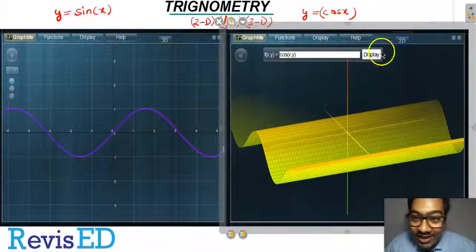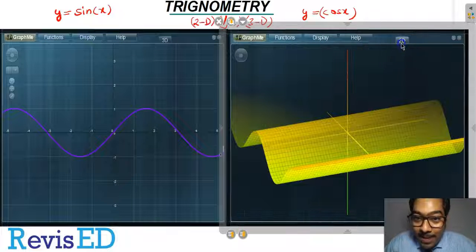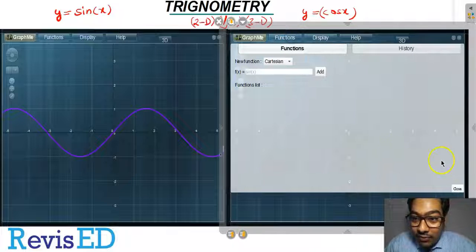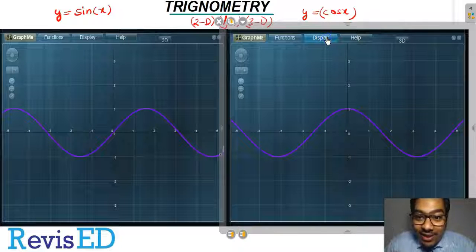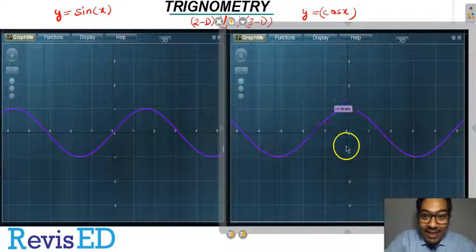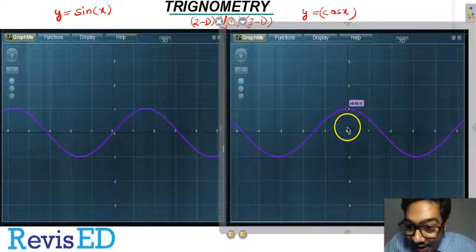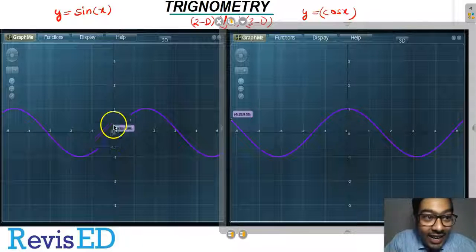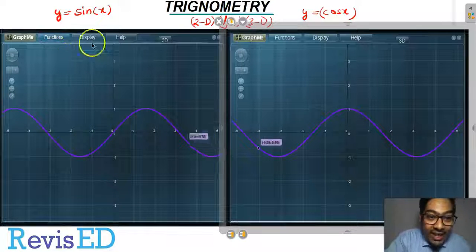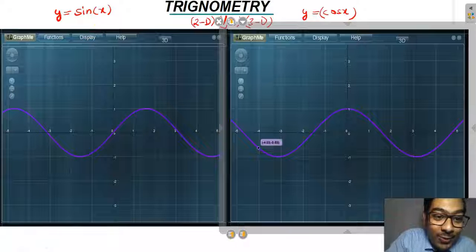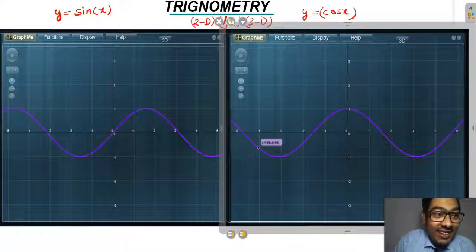Okay, this is my sine of x, and let me draw a cos of x graph. Let me remove this and type it over here. This is my cos of x. So boom, you can see this is my sine x, this is my cos x. At x equal to 0, cos x has its maximum value of 1, but when you look at sin x, at x equal to 0, the value is 0. So this is the basic difference. Thank you so much.